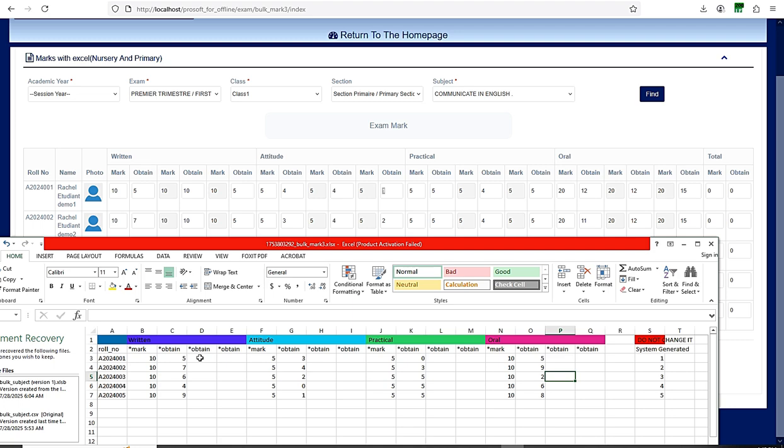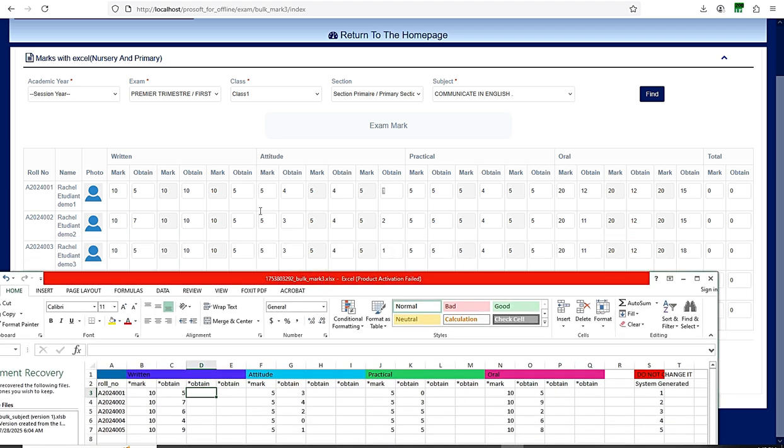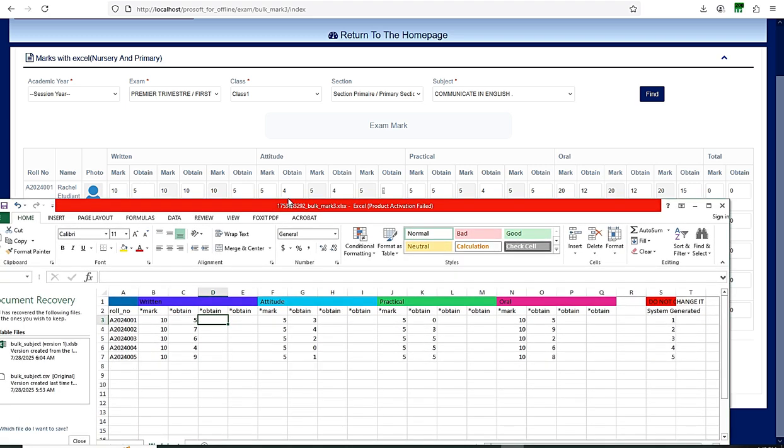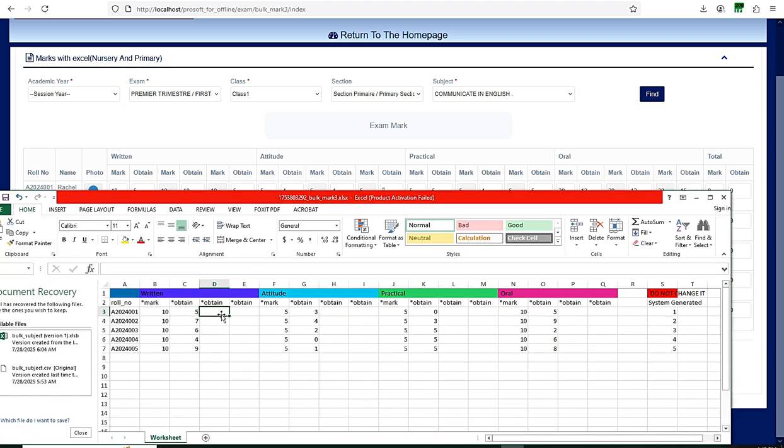When it is time for you to submit the second evaluation or the second exam, you just fill this other place, the obtain. You put the total. It means that for the obtain, if the mark was still a total on 10, normally you make sure it has to be, because if you began with 10 10 10, you must continue with 10 10 10 like this. Same with this one. If you began with 5 as total on 5, you make sure